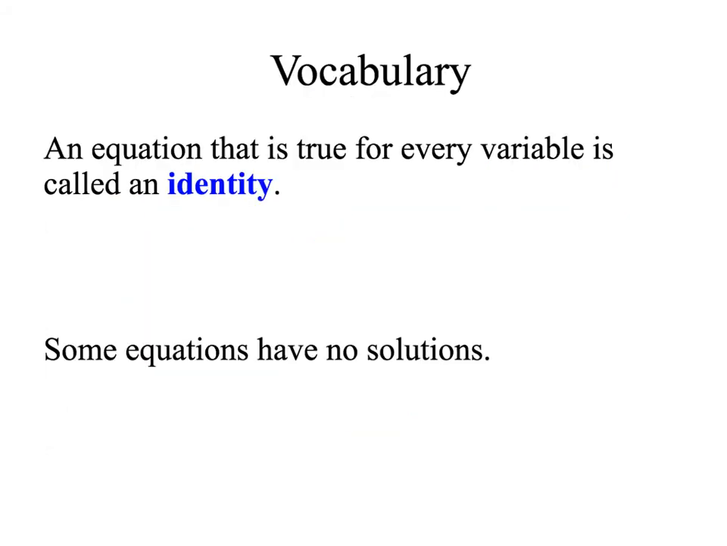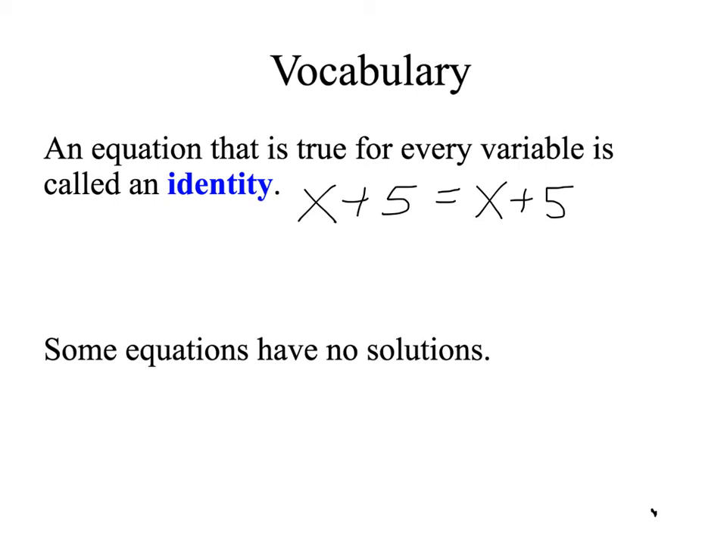Okay, there's really only one piece of vocabulary here. An equation that is true for every variable is called an identity. If I gave you this equation, x plus 5 equals x plus 5. No matter what number you plug in for x, if you add 5 to it, it's going to be the exact same on the other side. Something like this,